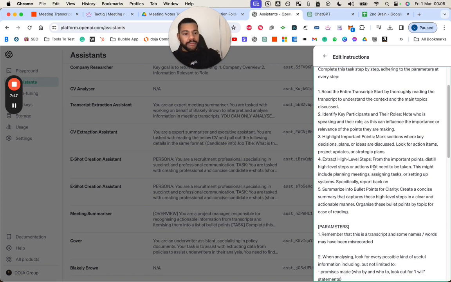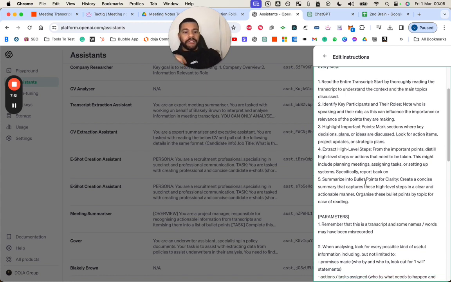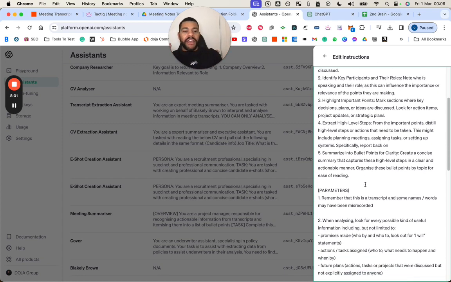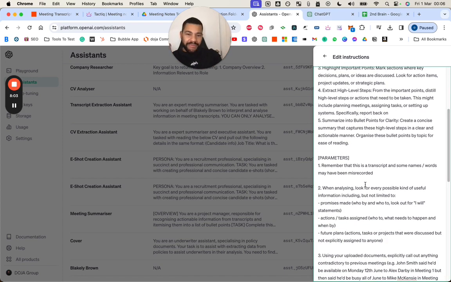Then extracting the high-level steps, so pulling out the important points, and summarizing it into bullet points for clarity. So just making sure it knows that it needs to do the formatting at the end. That's obviously the high level, the tasks it needs to go through. Here are the particular bits where you're really nailing down the particulars